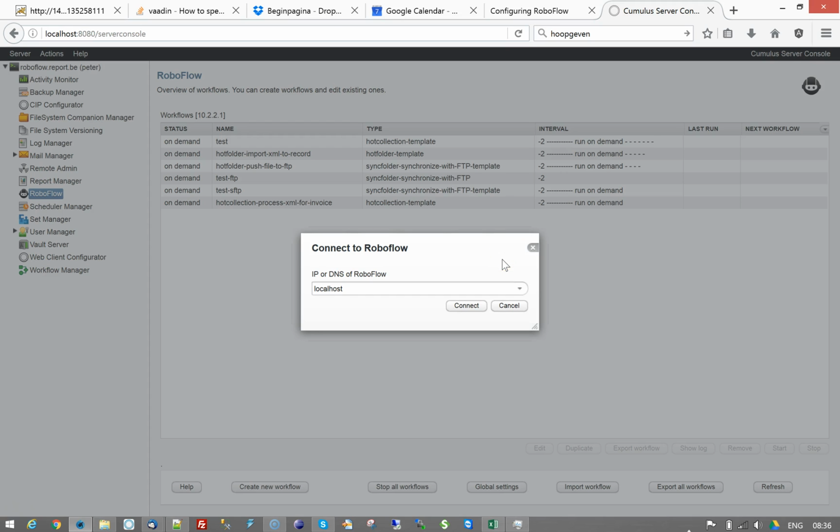In this case, it works because it's on the same computer, but if you would use an external tool to talk to Roboflow over that same port, it would also try to use that same stored IP address. And in that case, localhost will not work, because if it's something called from a Cumulus client and it's talking to Roboflow, then it will not be localhost, because Roboflow is not installed on that Cumulus client computer. In that case, you should make sure that it's not localhost that is stored here as first IP address. So how you can fix that is